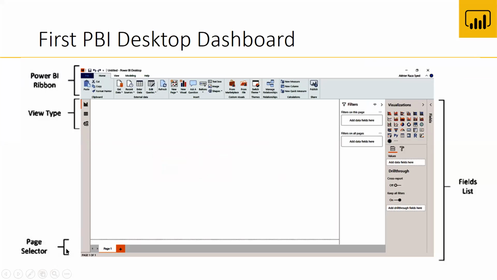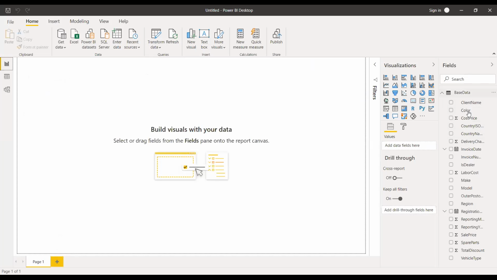You can add pages to your reports. Pages can be added here. And these are the visualizations. Different visualizations are available. Fields will be shown here, but the fields will be shown only after you have selected a data source. You can see the fields are here now because I have selected the base data.